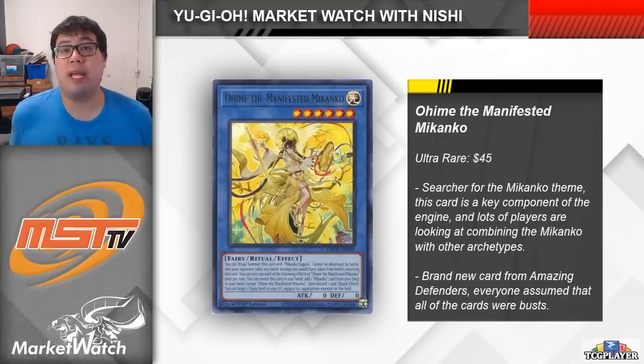So this is actually another card that we talked about a couple of weeks ago. It is Ohime, the Manifested Mikanko. So at this point, I think it's fair to say that we judged Amazing Defenders a little bit too early. We all disregarded the set as being a complete bust because it just looked like all of the archetypes were so bad. However, it turns out that with the new support in Cyberstorm Access, Pearly is a top tier deck,